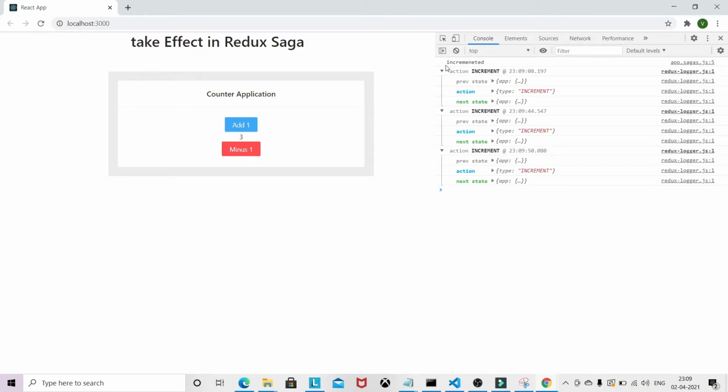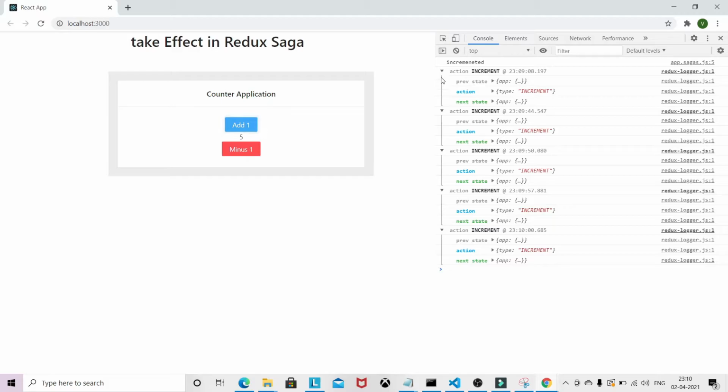I mean, we are not getting this console log here. Even if you fire so many times, we only got the increment log the first time. This has happened because take is following just a basic generator function, and if you don't know about the generator function, I have already made a video on this.